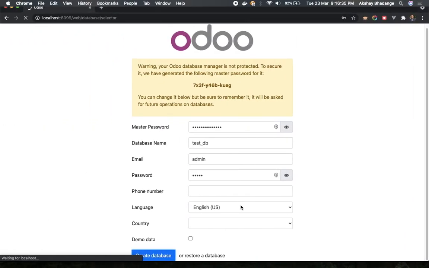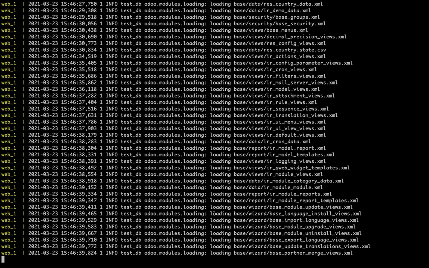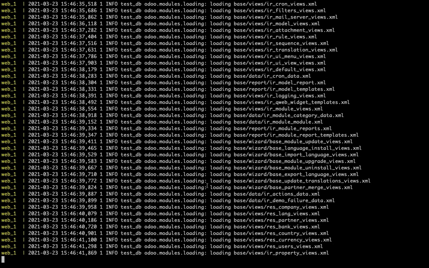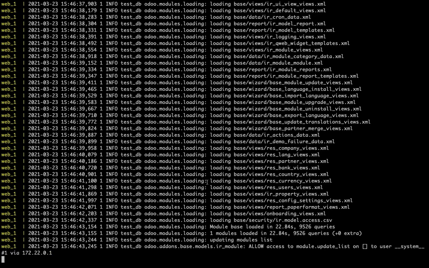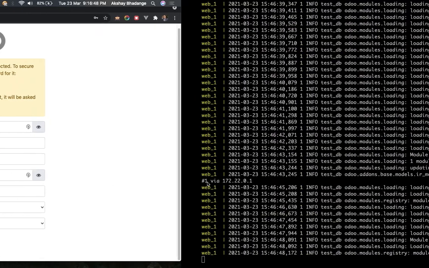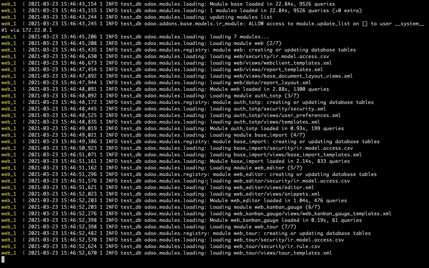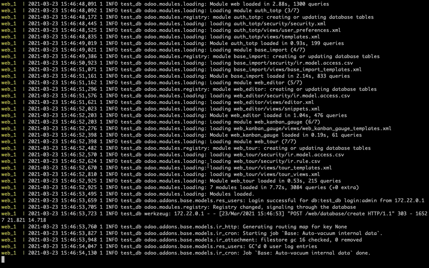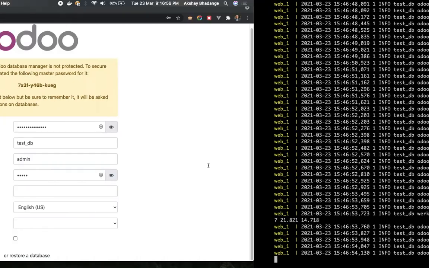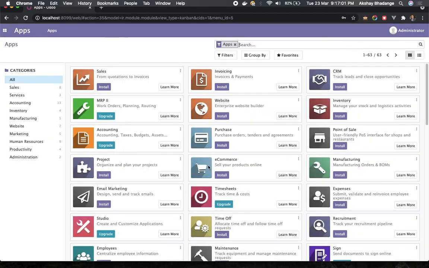This will take a couple of minutes to complete. All right, here you can see our Odoo application is deployed using Docker.